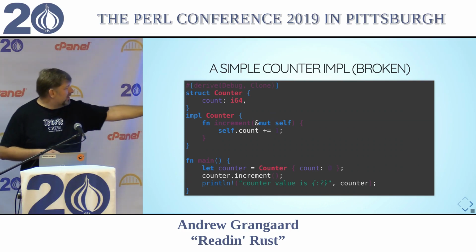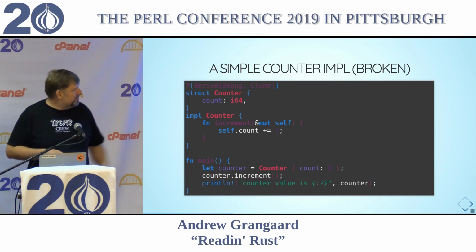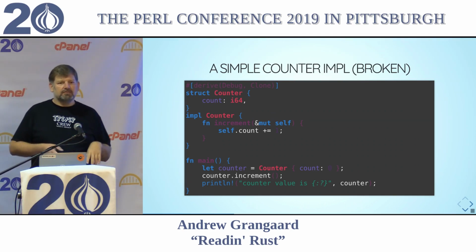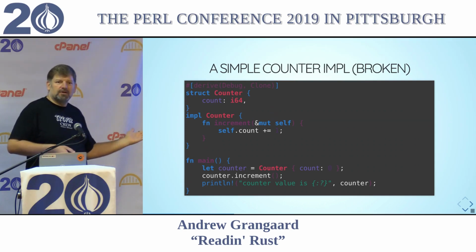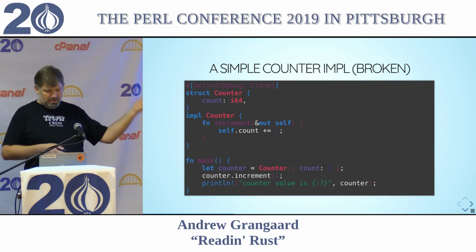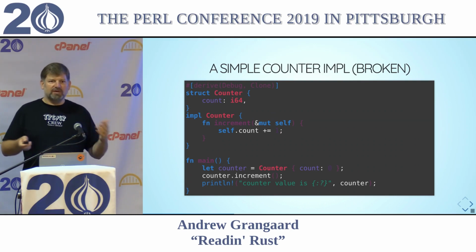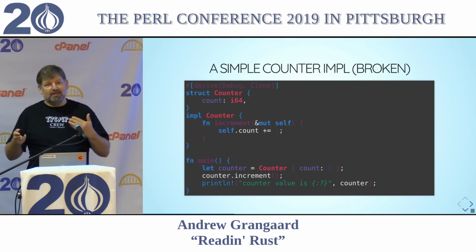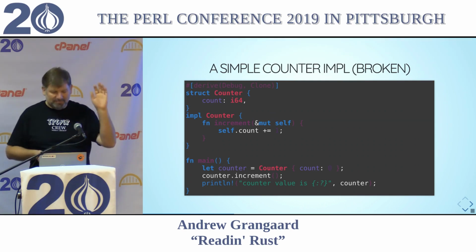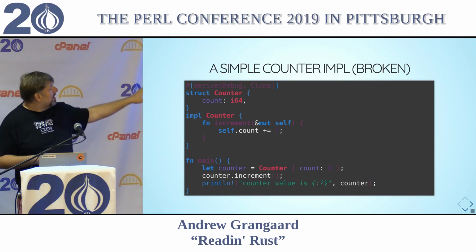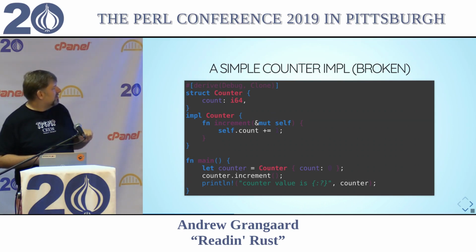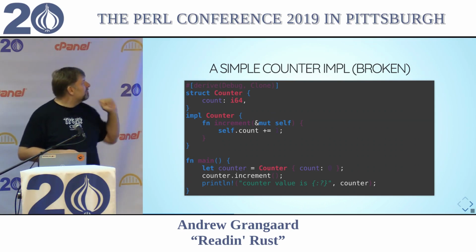Because later I'm going to print the counter value, and I'm going to use this special formatting type of {:?} which says print me out the debug version. Now for that to work, your type has to support Display or Debug. One of the two is a trait. So instead of creating that, yes, I get to traits in a second. So this would almost work. So I have a Counter that has a mutable self inside of it, and I have a new function inside of it called increment that takes, I really wish you could read this.